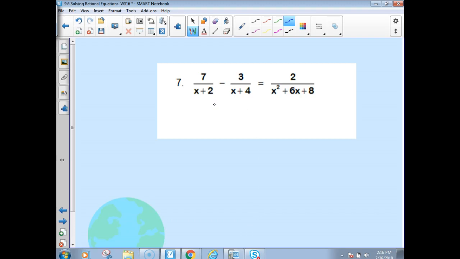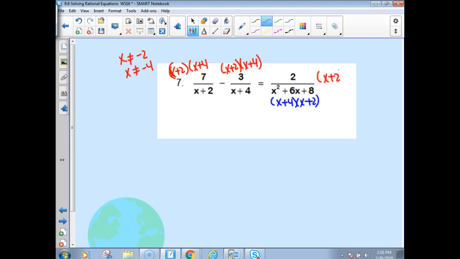But they're definitely plausible. This one over here factors to x plus 4 times x plus 2, which is probably making you happy because I can see it's not going to be quite as bad a problem as the last one, because the other two denominators are factors of the right side. So I need to multiply through by x plus 2 times x plus 4. And I also need to realize that x can't equal negative 2 and x can't equal negative 4 in the end. All right, so I'm just going to write x plus 2 times x plus 4 times all of these pieces